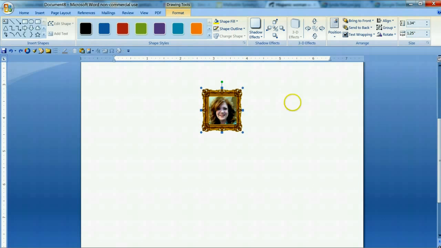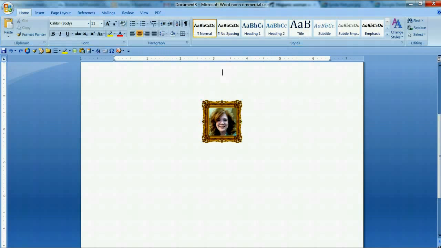What I'm going to do is click outside of the image to deselect it, and then I'm going to take a screenshot. Most of you know how to do this. If you don't know how, at the upper right of your keyboard, right next to your scroll lock button, there's a key that says print screen or PRT SCN. Just click on that key and hold it down for about 1 or 2 seconds. What that does is it takes a screenshot, which is a picture of your entire screen.